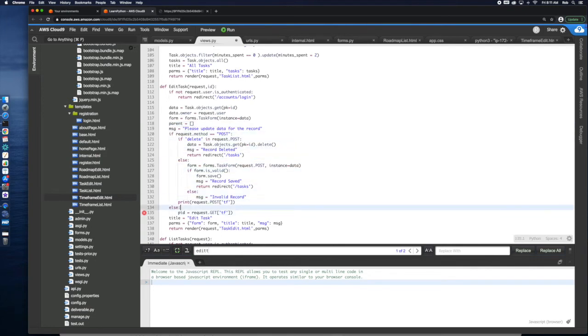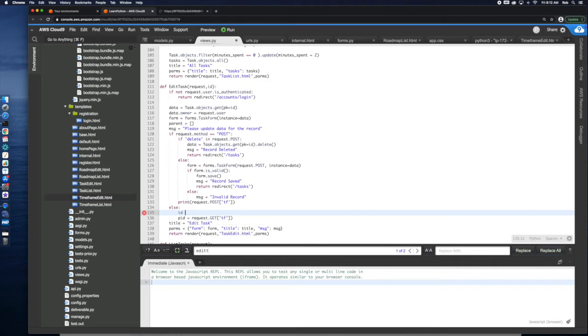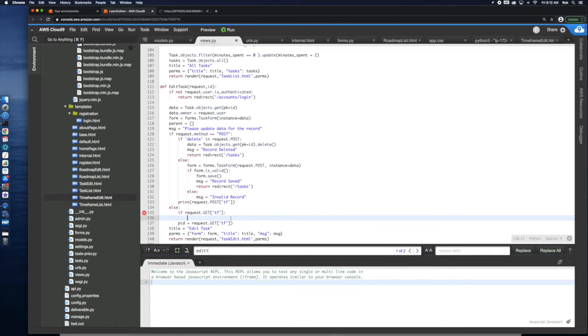But here, if we have that, then we're going to do the, because that's going to be parent. So parent ID equals, and we got to make it an int, request.get.